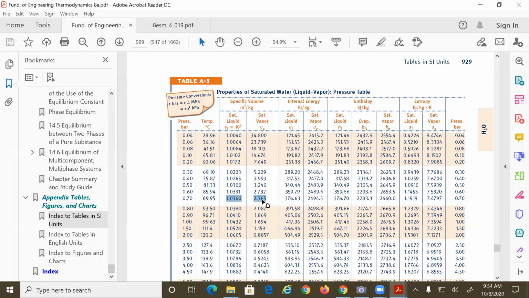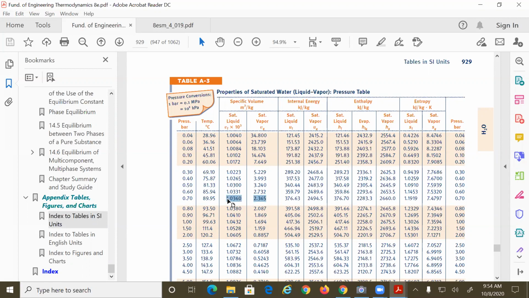When it's in the gas state, no? So if you multiply this one by 1,000, it's going to be much bigger than this one. So it would make no sense, no? So what that means is that they did multiply this one already by 1,000. Okay? So if you want, on the page, right over here at P equals 0.7, you're going to have V